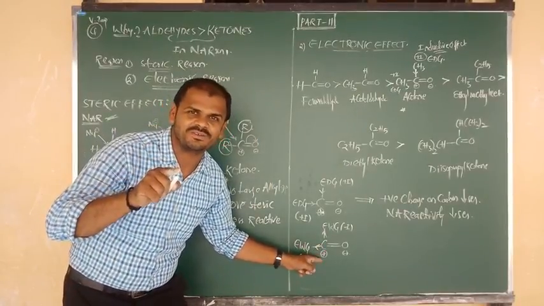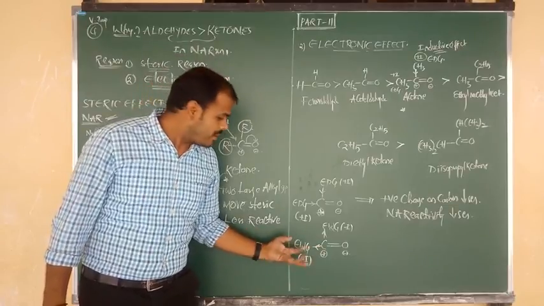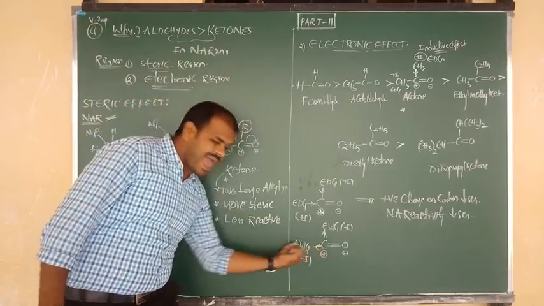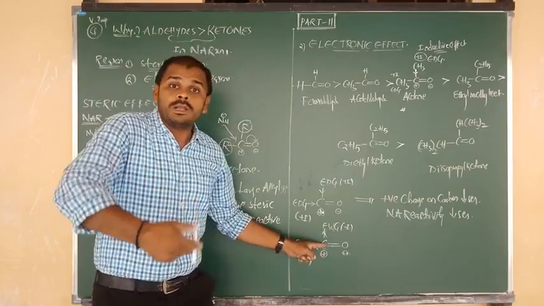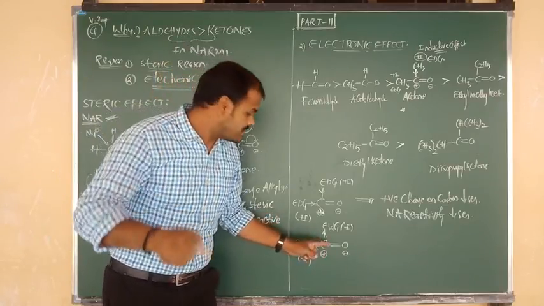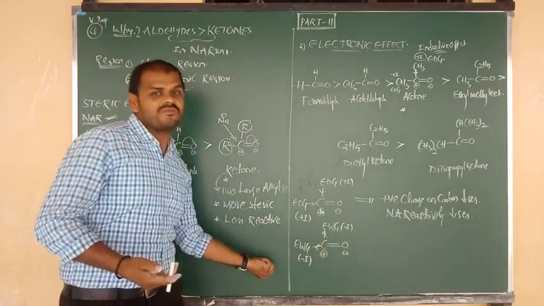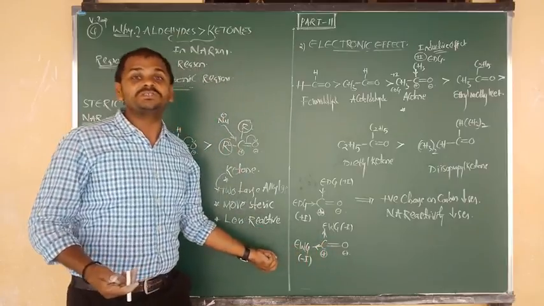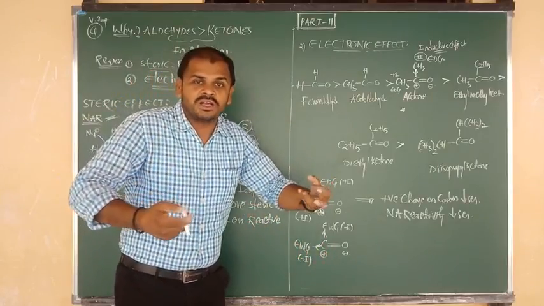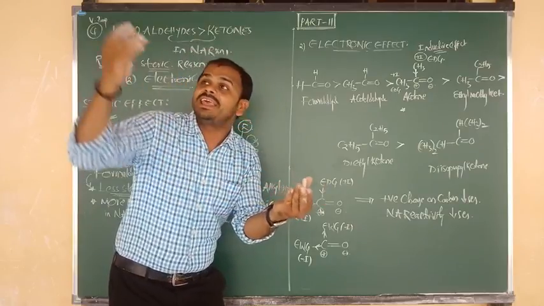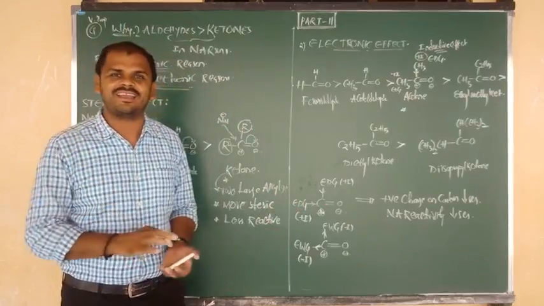Donor, charge positive. Once again, in presence of electron withdrawing group, here is the withdrawing nature, here the accepting nature. So central carbon is donating nature. So central carbon donating nature increases, means central carbon positive charge increases in presence of electron withdrawing group. In presence of electron withdrawing group, carbon contains more positive charge. More positive charge means easily attacked by nucleophile. Now I hope you understand.